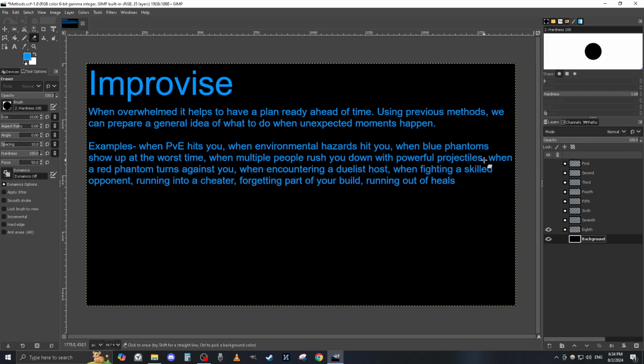Sometimes multiple opponents will rush you down with powerful projectiles. And when that happens, it's okay to panic. There's not a whole lot you can do about that, especially if they're at alternating times, or say you run into a group of gankers. All of them have bone bows, and all of them have sleep arrows. There's nothing you can do about that unless you have a very, very specific counter,